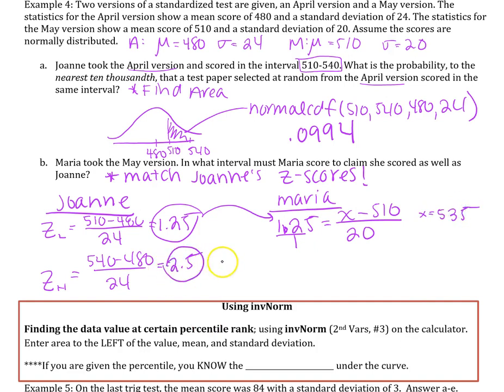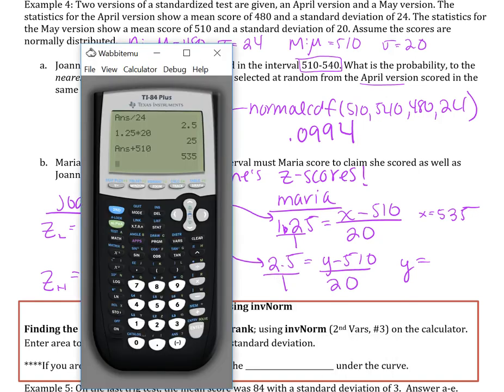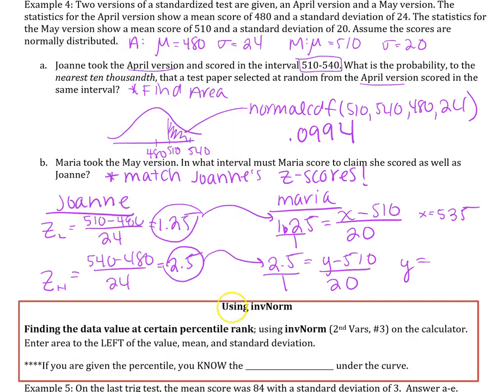I'll do the exact same thing for the upper bound here. Okay, so at most, Maria has to score 2.5 standard deviations above the mean. I'll call this y, so I'm not using the same variable twice. Okay, so now I just cross multiply, so 20 times 2.5. Add over the 510. So 560. So on her test, she needs to score anywhere between a 535 and 560 to say she did as well